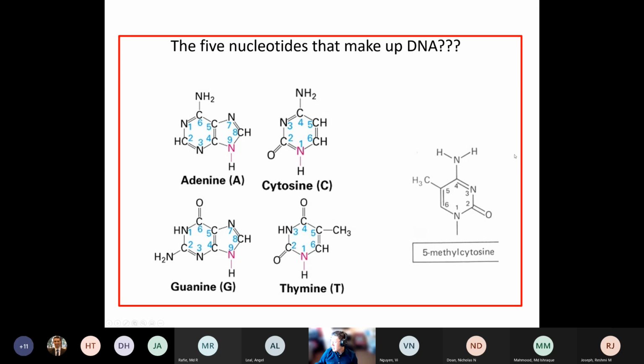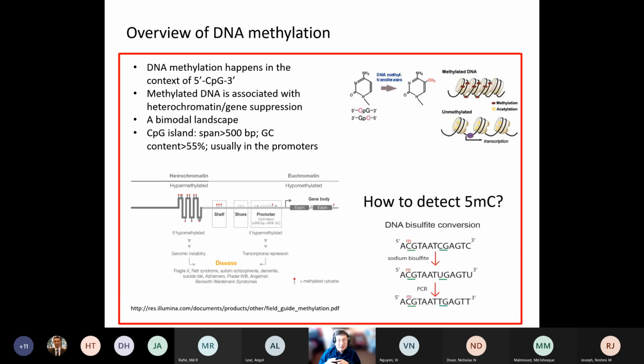This happens very, very frequently in the cell. Any cell, you take a sample, you will be able to find adenine, cytosine, guanine, thymine, but you also will find 5-methyl cytosine. So that's why some people will say there are 5 nucleotides, not 4 nucleotides. Just to tell you, this is a very common modification of DNA sequence. And I just use this to point out to you where the modification is.